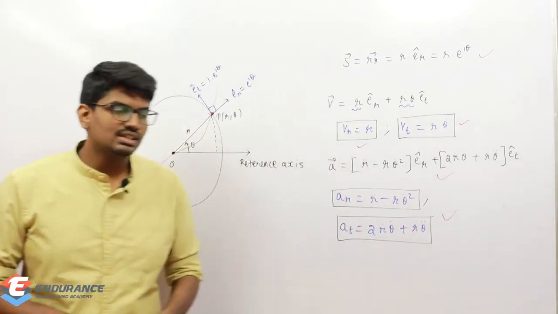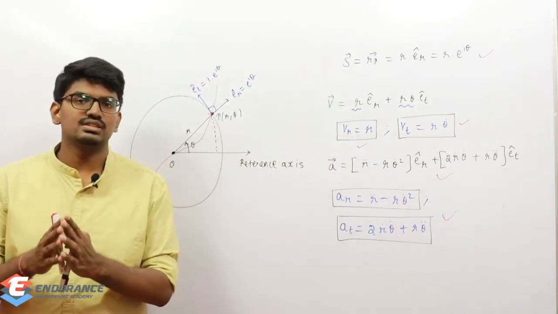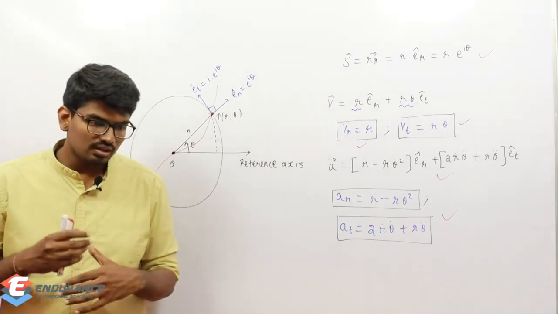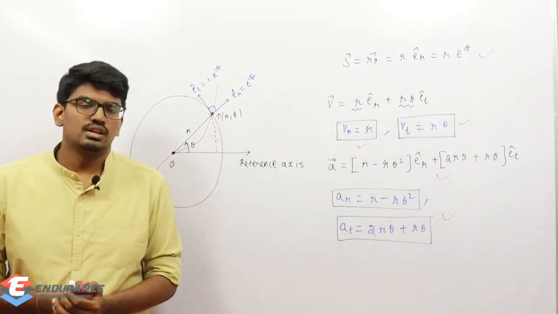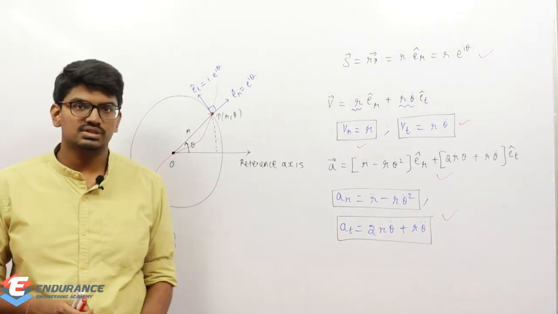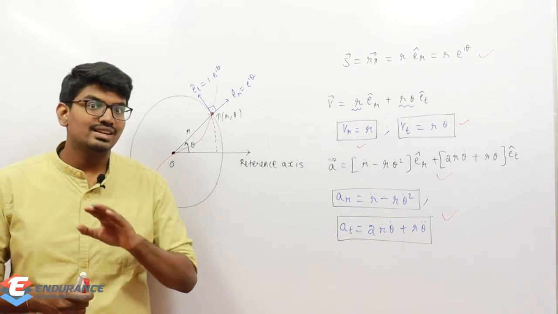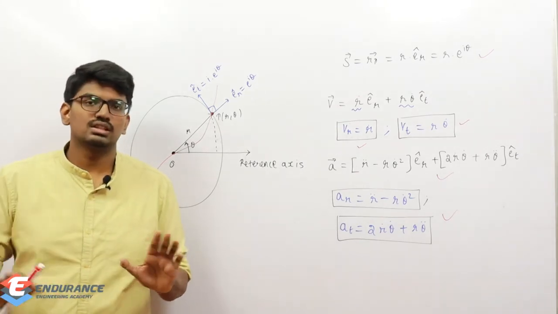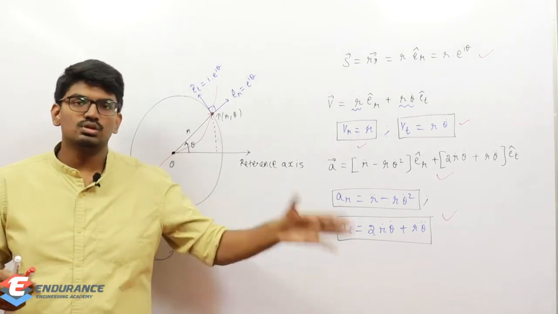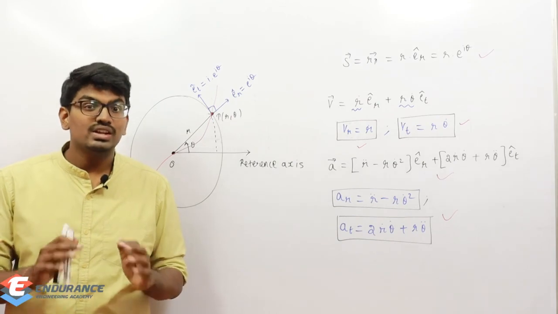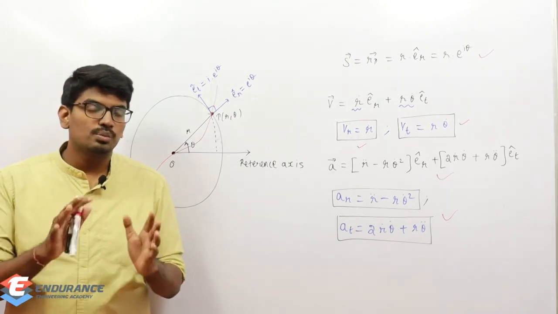Right. So these are the things which we discussed until now. And now what we are going to do is first do some problems related to these things. Later we will proceed to circular motion. Until now I didn't start circular motion. I explained what circular motion is, when a particle is moving in a circle, and that Euler's method is more suitable for that. But until now we haven't started circular motion. I hope you are able to understand.